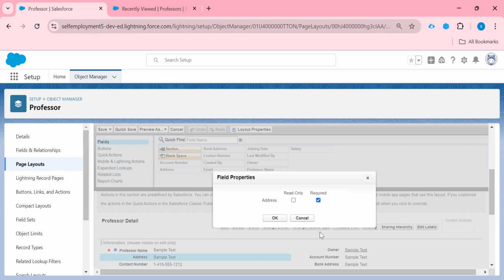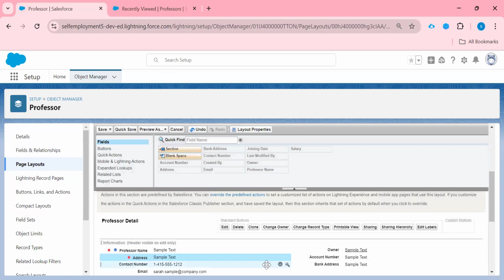Suppose I am making this required and clicking on save. Okay, so on this field you can see the asterisk mark, right? So this field is required. Now if I save this, then when I open the UI, it will be required, right? So whatever changes I make here in the properties, those changes only reflect on the UI.